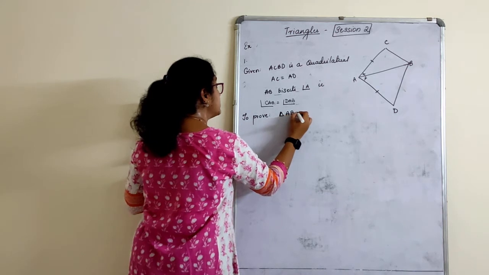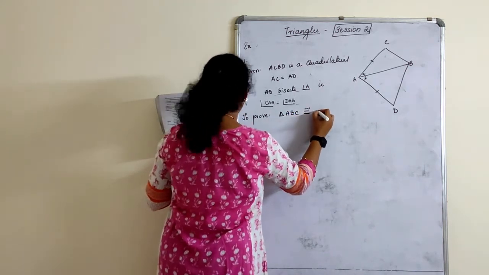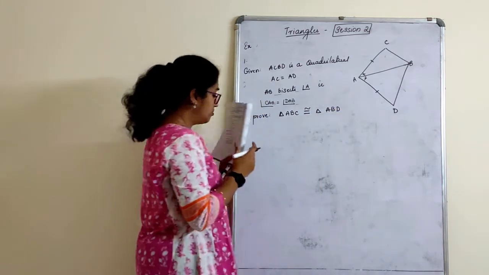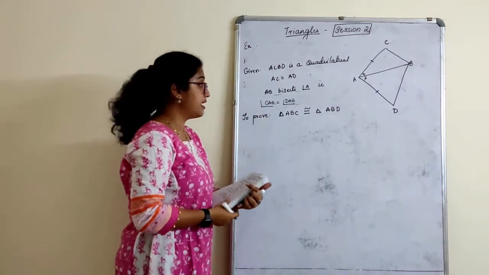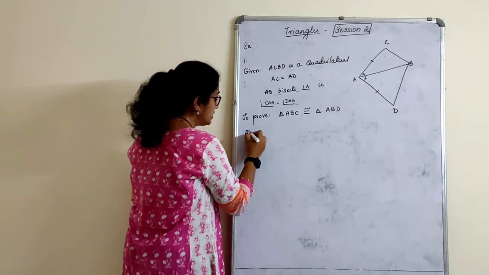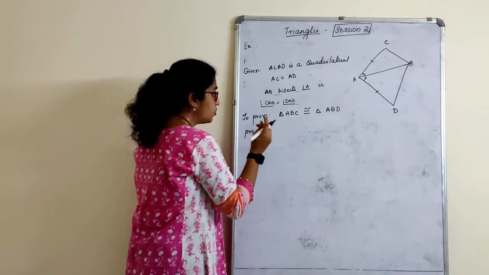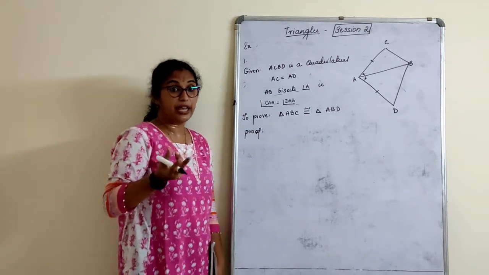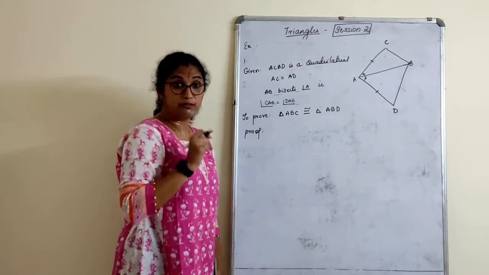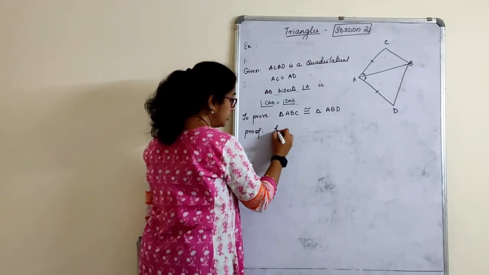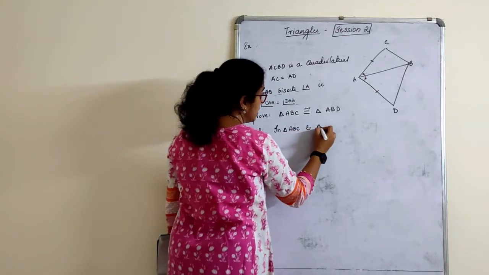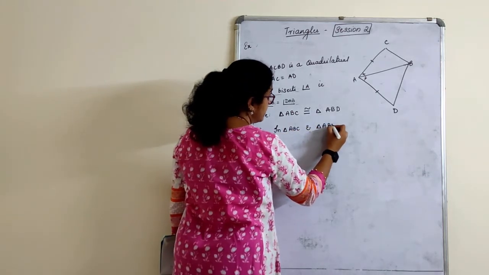Triangle ABC is equal and congruent to triangle ABD. So what can you say about the other two sides they have given? Let us see. Let's prove the congruency. To prove congruency, start with the proof. When you start the proof in triangle, how do you choose the triangle? They always give what to prove. In that, you can choose the triangles. In triangle ABC and triangle ABD.